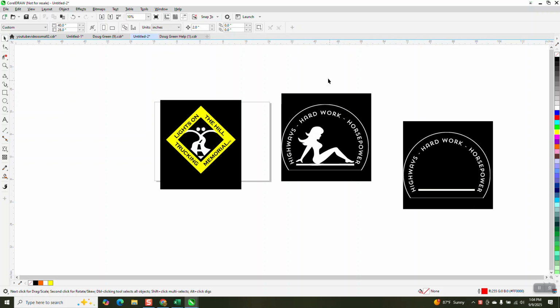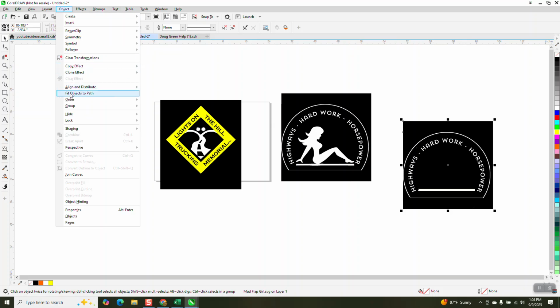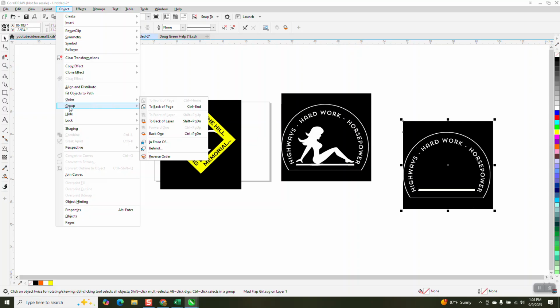This is a little risque, but it's a mud flap for a truck. The girl's gone. Well, what the problem is with this, I don't know exactly, but